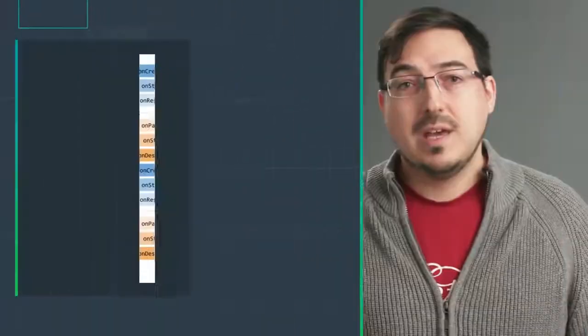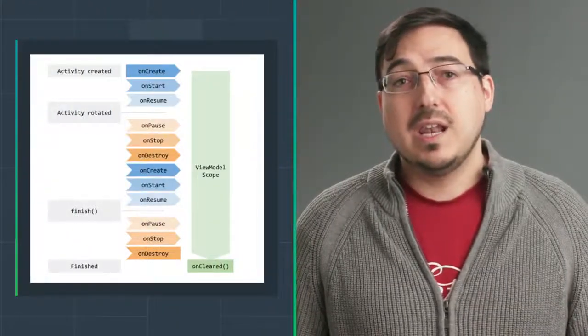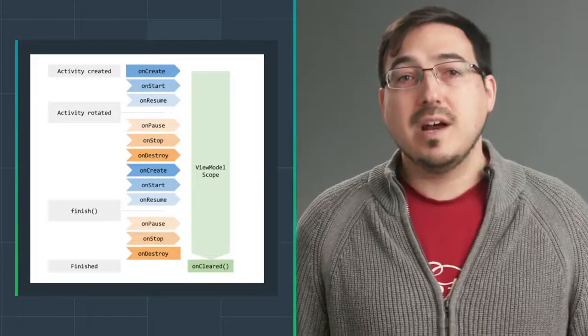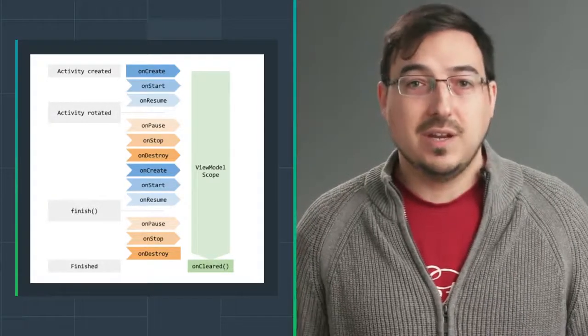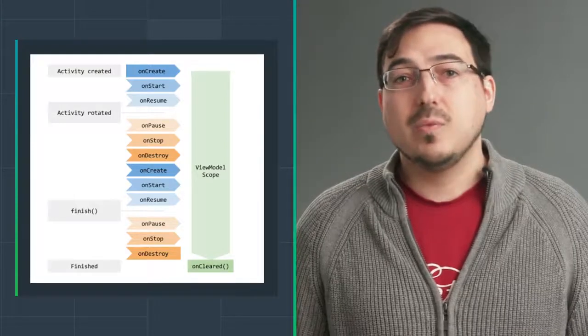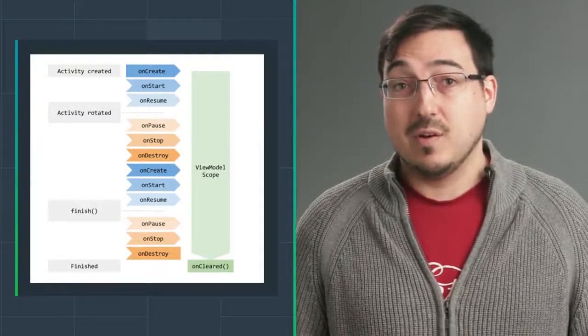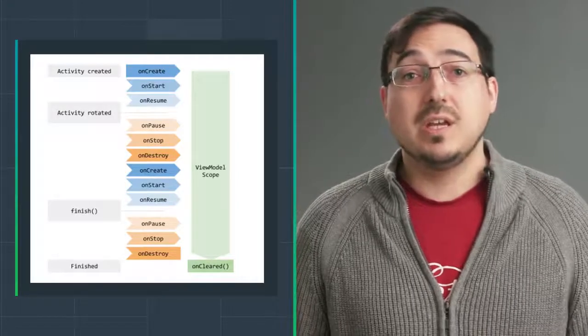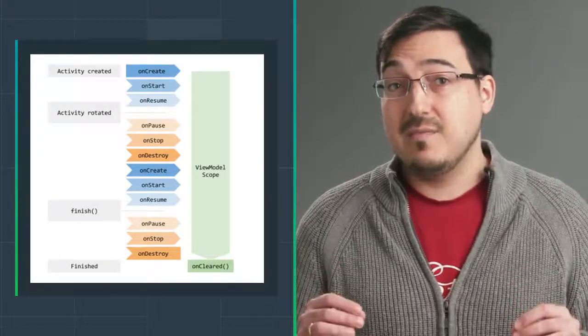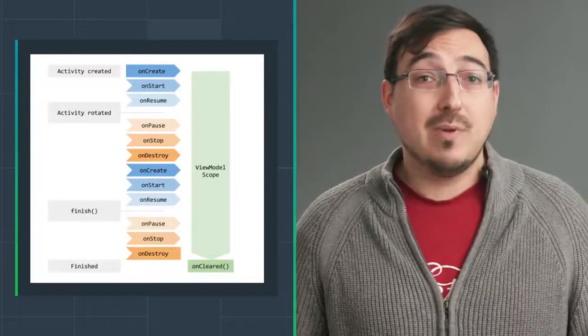ViewModel allows data to survive configuration changes, such as rotation. As you can see in the diagram, the life cycle of the ViewModel starts once the activity is created and lasts until it is finished. Because of that, we can cache complex data in our ViewModel. When the activity is recreated after rotation, it will use the exact same ViewModel object where we already have our